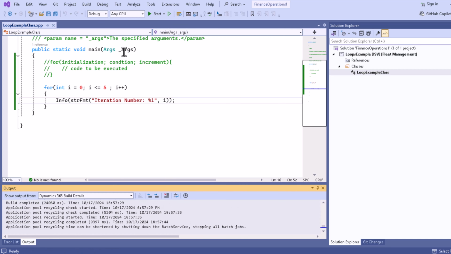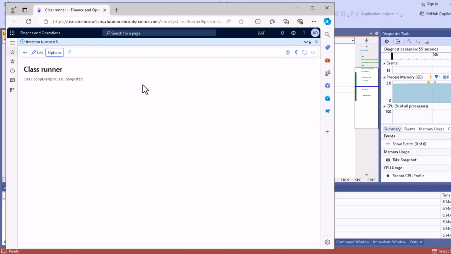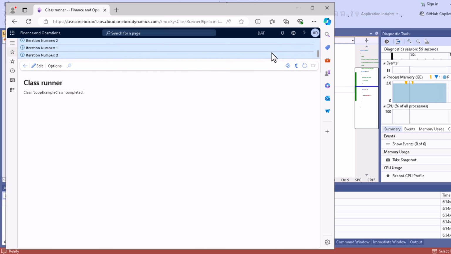So let me build it. Our build process is completed. Now I have to click here to see the result. As you can see, our code executed successfully, and you can see the result. It is starting from 0, iteration number 0, and it is ending at 5 because we have written the condition